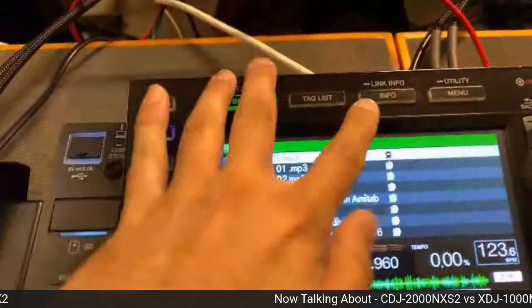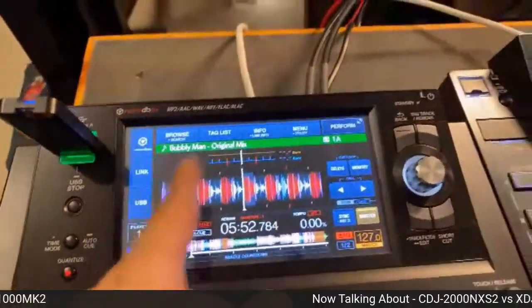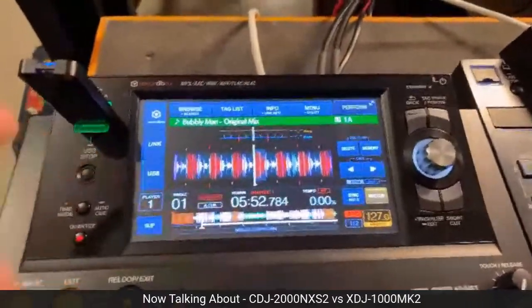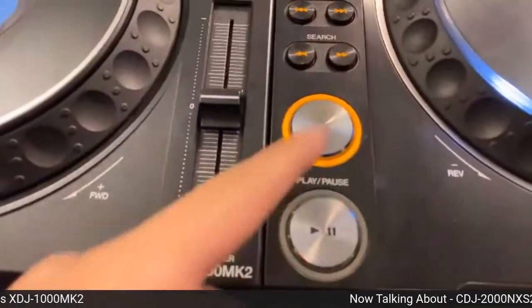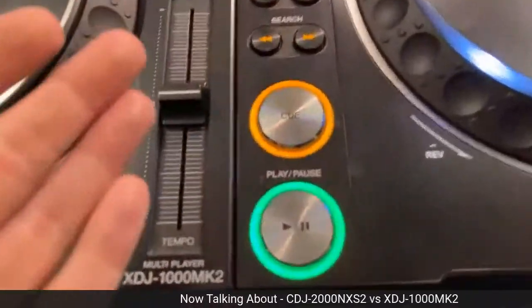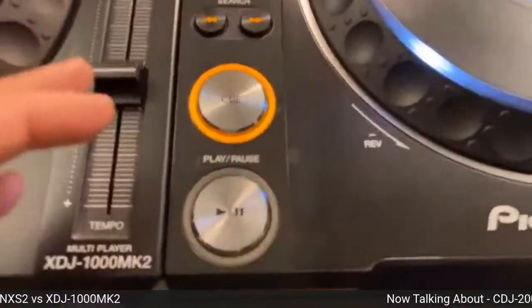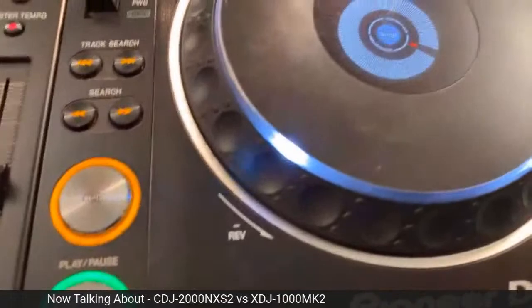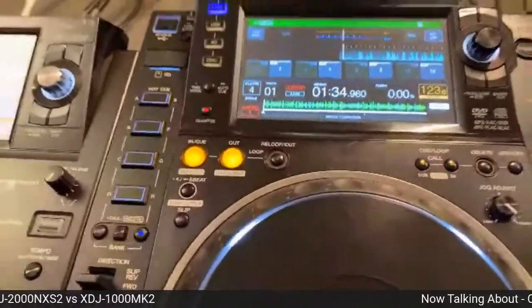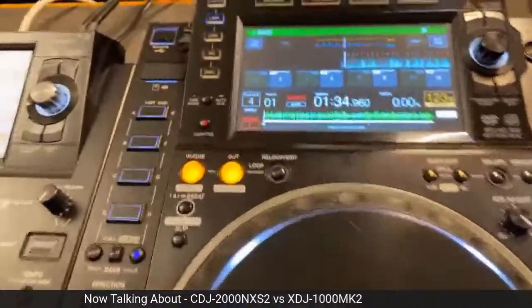Also, you have to understand that every time there is a button installed, there is an individual IC controlling every single button. Whereas when you have a touchscreen here, it's basically all software encoded buttons. So you're saving a lot of cost on those circuits. Even the play button or the Q button has an individual circuit under it. This is not a MIDI controller like other brands. There are a lot of other brands where they have a lot of stuff built into it, but it's essentially just a computer with MIDI switches. These actually have ICs under it, controlling every single thing. So, obviously, in terms of long term reliability, this is going to go a lot longer.